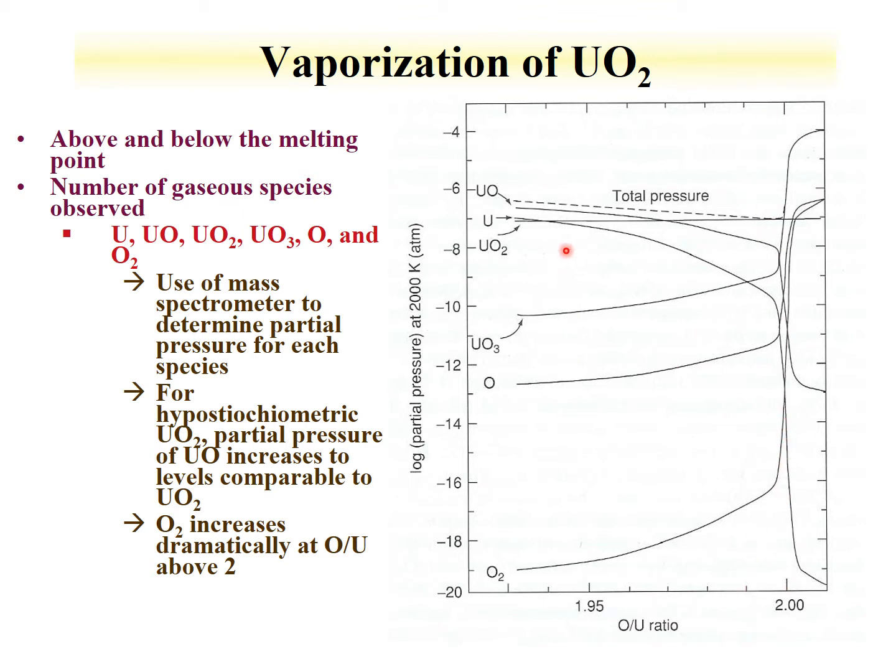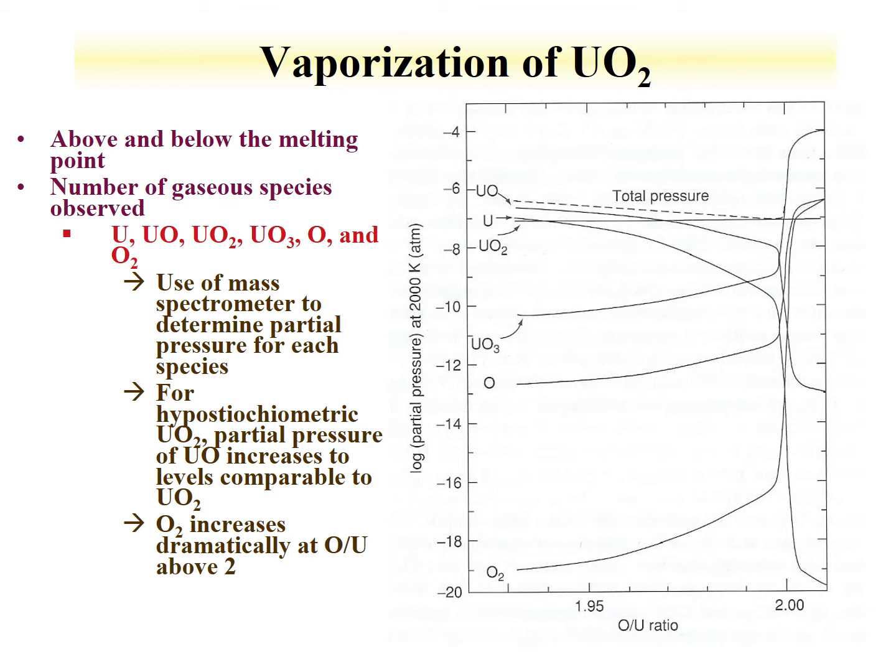We see a change of not only the total pressure, which is shown here, total pressure jumps up above 2.0, but we also see a change of the species. And again, this is useful for determining the exact ratio of oxygen to uranium. And the reason that that's important, if you think about when uranium fissions, the fission products are going to want to form oxides. How much oxygen is available will dictate which fission products can form oxides,